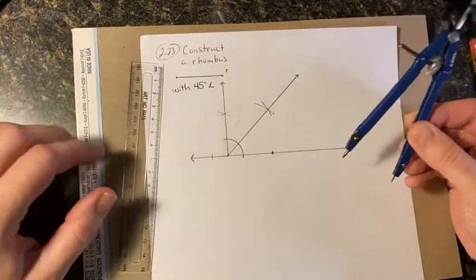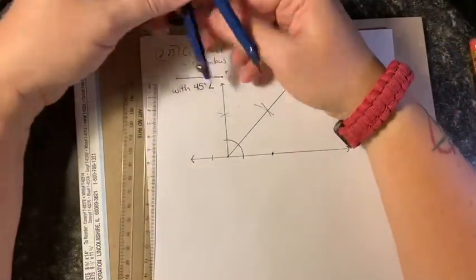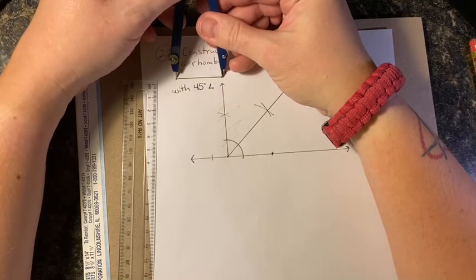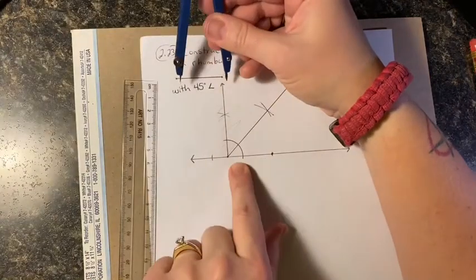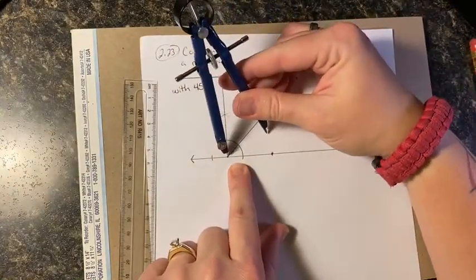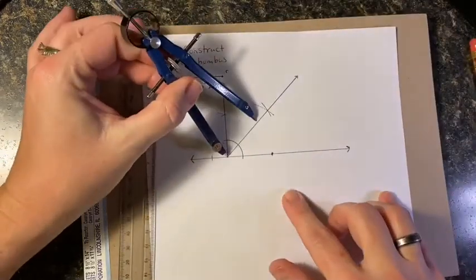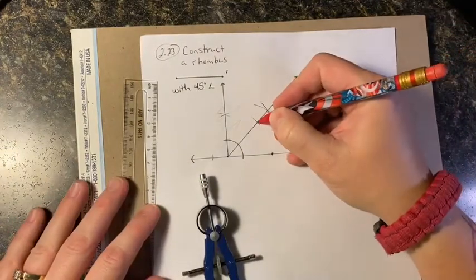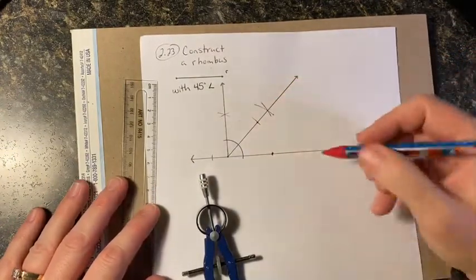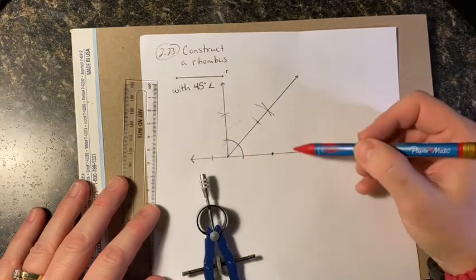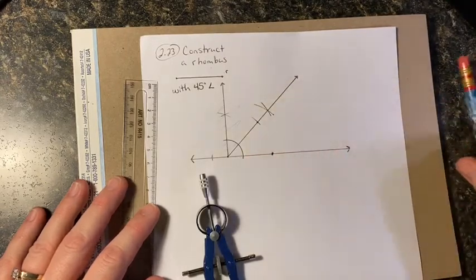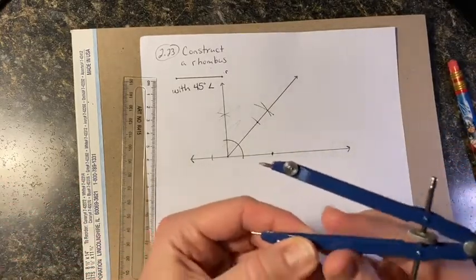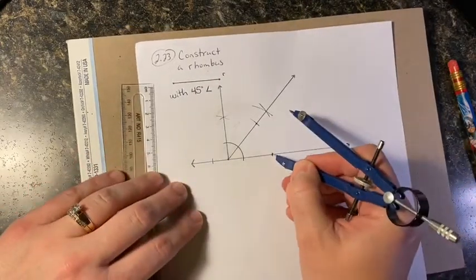Now that we have our angle drawn, we need to take our compass back up here and reset it to the length of one side of our rhombus. We already have our base drawn in. We're going to use this length now and the vertex down here, and we're going to mark up our new 45-degree ray, how long our rhombus is. Now, if you read the instructions in the book, it will tell you to copy this 45-degree angle over here and make another perfect angle. And not that that's not great, but using the size of our rhombus,